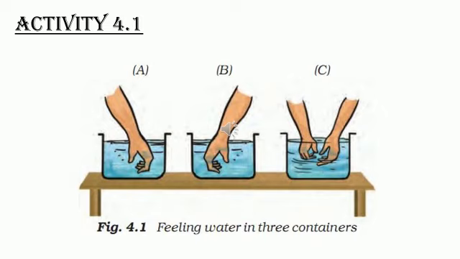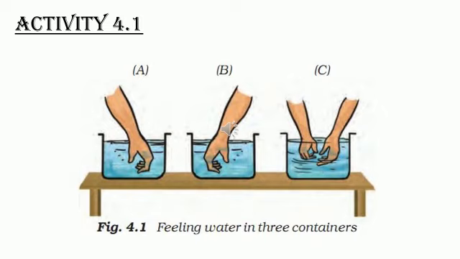And next in C, we need to mix both hot water as well as cold water. Now you are supposed to dip your left hand in mug A and your right hand in mug B. After keeping the hands in the two mugs for 2 to 3 minutes, put both hands simultaneously in mug C. Do both hands get the same feeling? No, they won't have the same feeling, because A is cold water, B is hot water, and C is both cold as well as hot water.